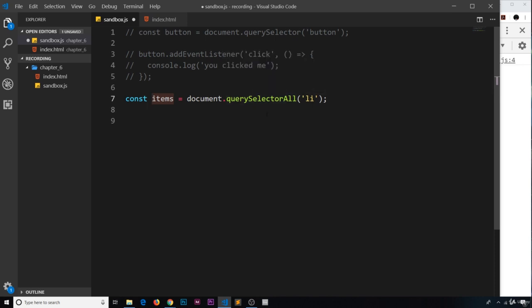So we need to cycle through those using forEach and attach an event listener to each individual LI, or each item inside it. So let's take the items, use forEach, and inside this we pass a callback function, and that callback function as a parameter takes the individual item we're currently iterating. So inside the callback function we'll take that item and add an event listener,